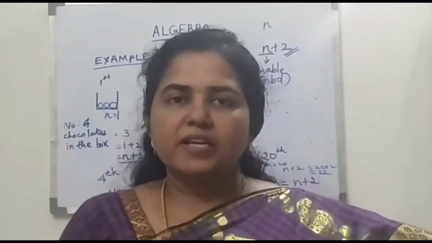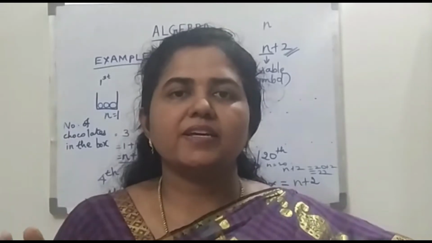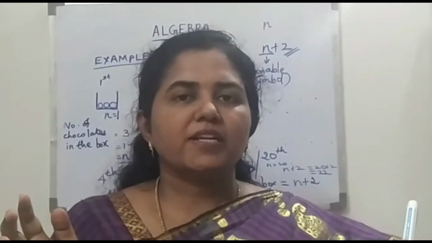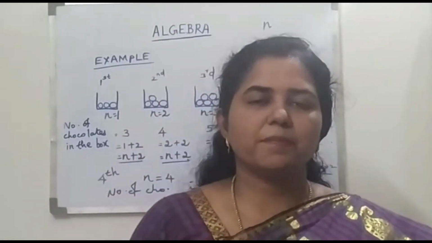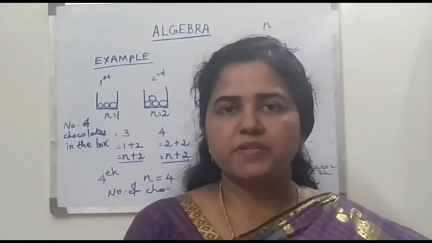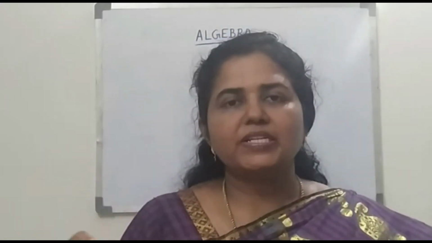Suppose you are considering a container, what about the capacity of the container? It is going to remain the same always. So these are all constant values: capacity of a container, date of birth of a person, etc. Now we can recall the definition of algebra. Algebra is a branch of mathematics that deals with symbols and arithmetic operations across these symbols. Now we have completed the first part, the symbols or variables. The next one is arithmetic operations across these symbols.